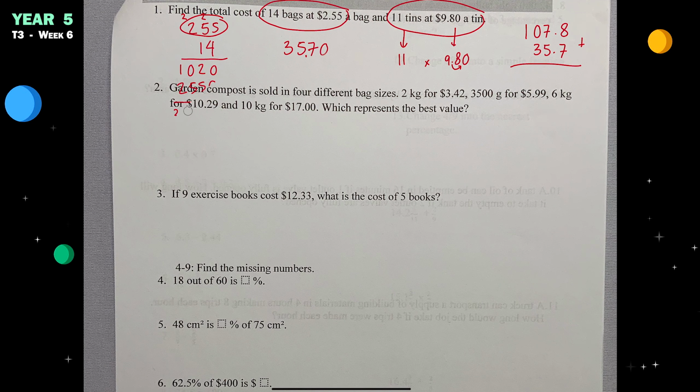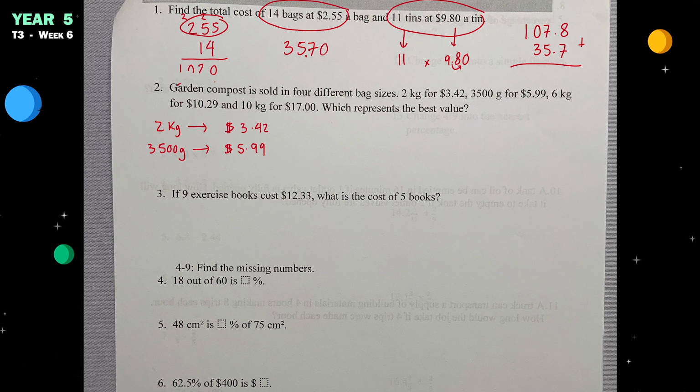Question 2. It says the garden compost is sold in 4 different bag sizes, and it asks which represents the best value. Okay, so I'm going to write it down here. 2 kilograms is for $3.42. You've got 3,500 grams, and that is for $5.99. You've got 6 kilograms, and that is for $10.29. And you have 10 kilograms for